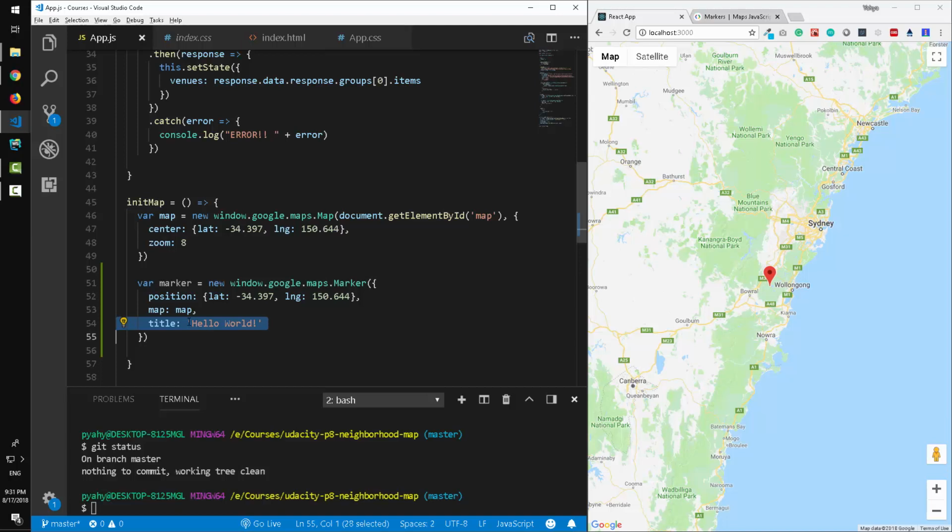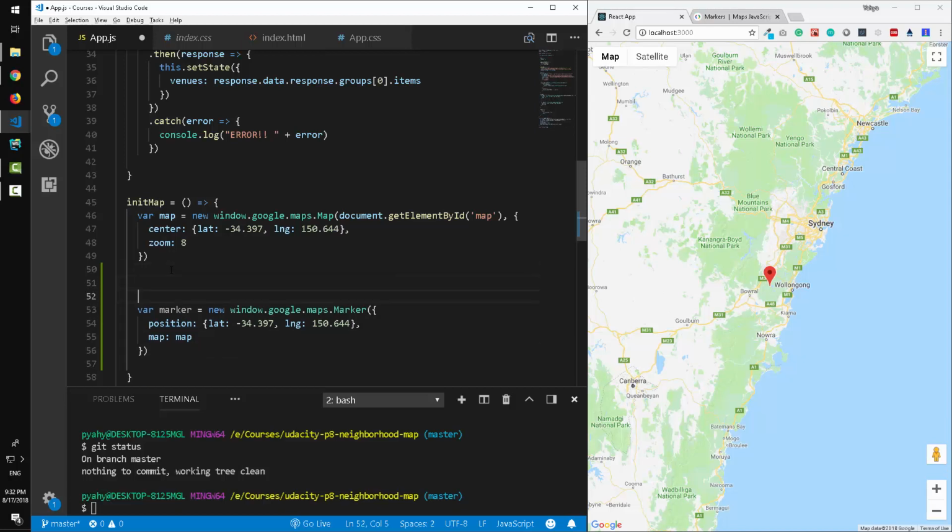We will use something called info window. Don't focus on the info window right now. The info window is what appears when you click on the marker, so that it displays a place name, etc. All we need to do now is to have a bunch of markers inside Sydney, where every one of them represents a location. So to do this, we should loop over our state